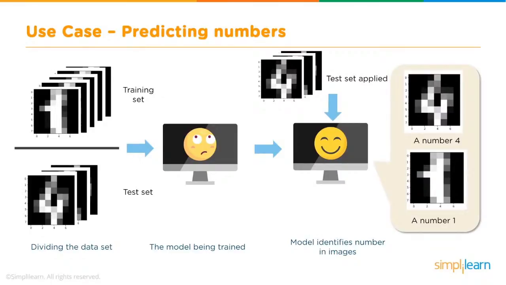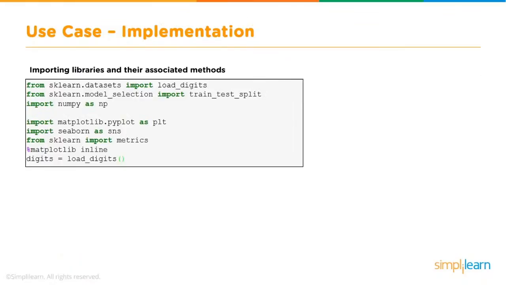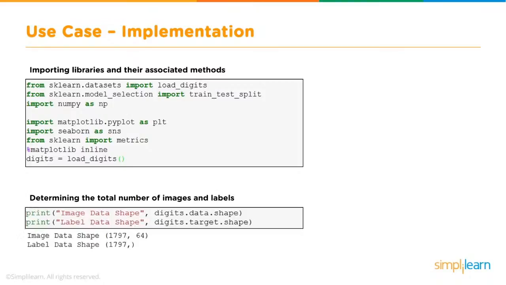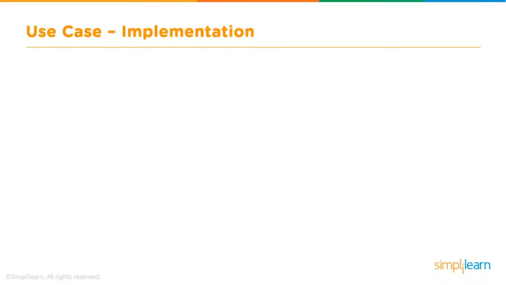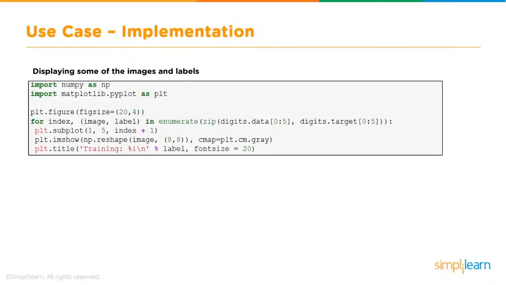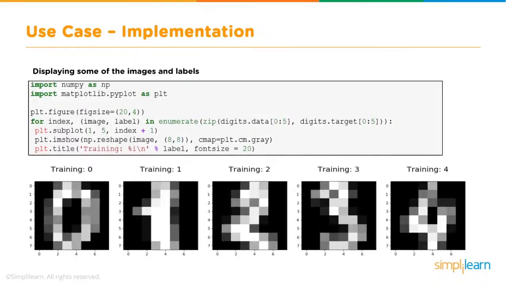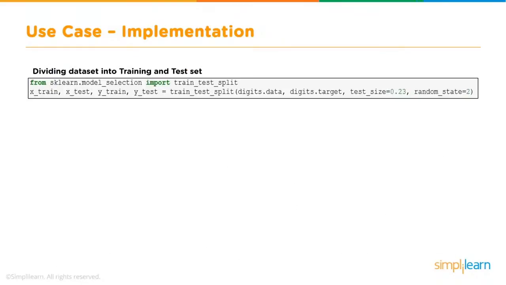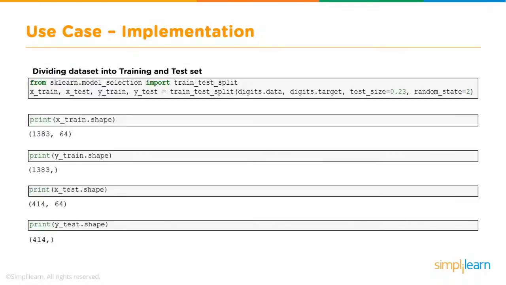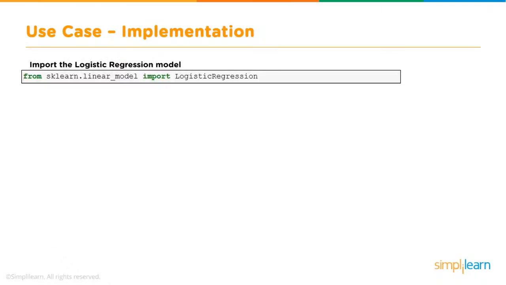So let's take a look at the code and see what we are doing. So I'll not go line by line, but just take you through some of the blocks. So first thing we do is import all the libraries, and then we basically take a look at the images and see what is the total number of images. We can display using matplotlib some of the images or a sample of these images, and then we split the data into training and test, as I mentioned earlier, and we can do some exploratory analysis,